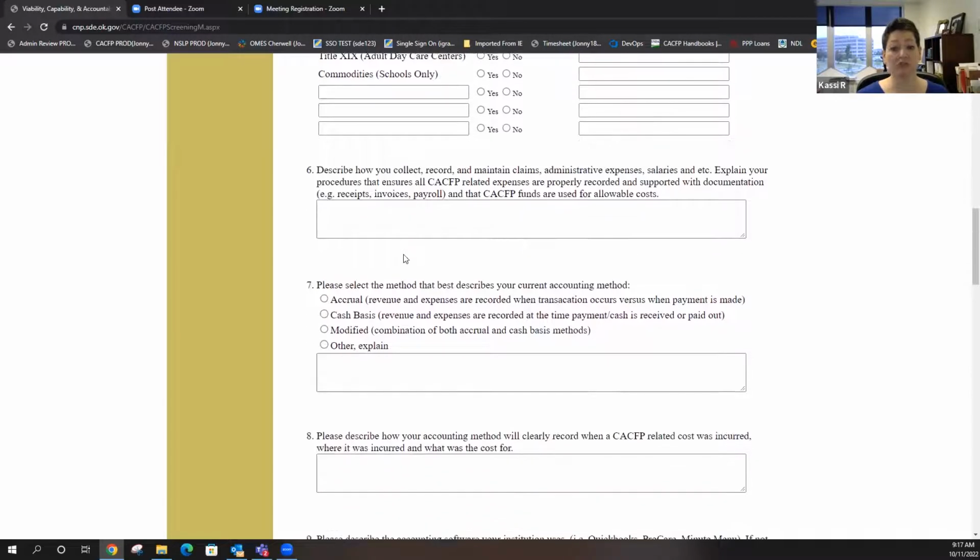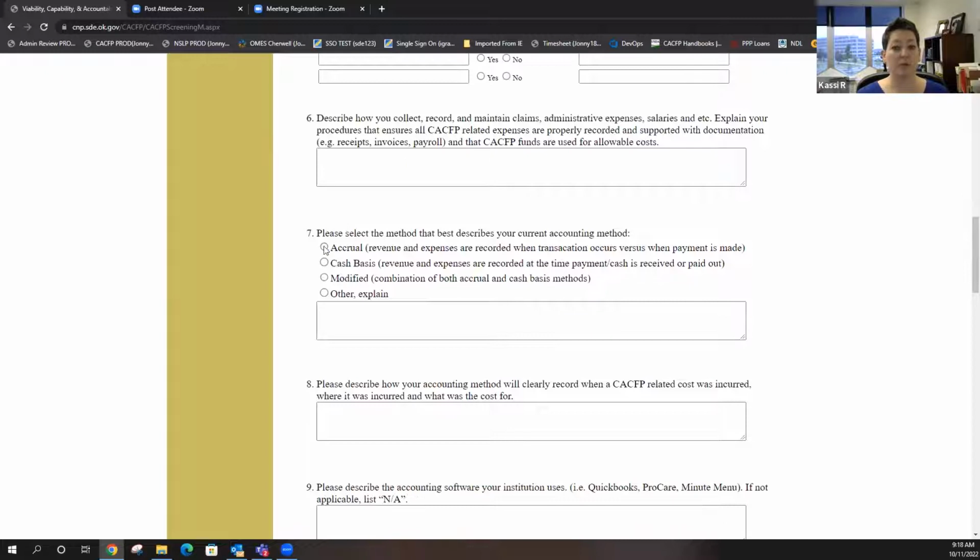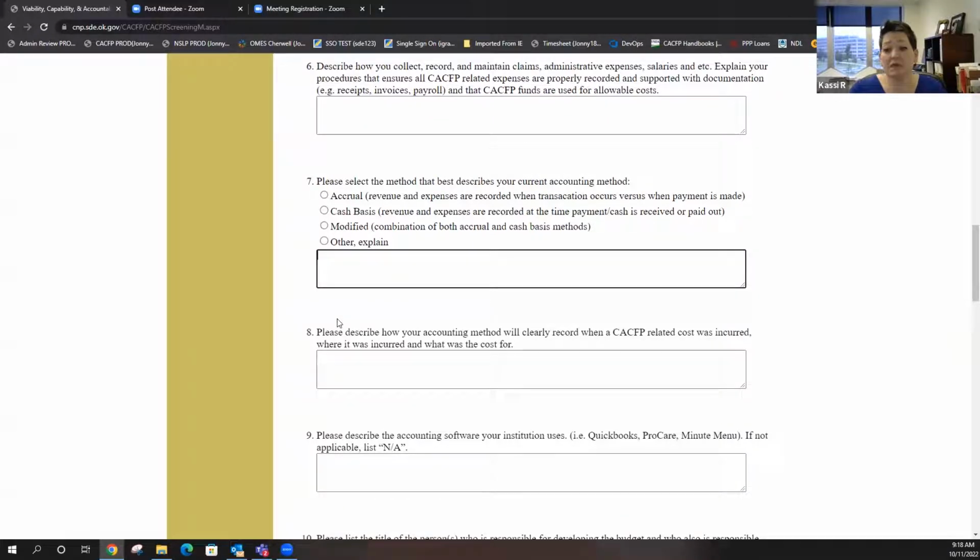But what I need you to do is go through each of these questions because we tweaked a couple of them. For example, number 7. We added these multiple choice options here because a lot of people were saying, I don't know what these types of accounting methods are, or I don't know what I do. And that's okay. We don't need you to have fancy names for anything you do. We just need you to understand what's required. Tell us what your procedures are. And if you don't know a name for it, that's fine. We don't care. Just tell us what you do. How are you keeping up with your finances and what is your accounting method? How do you record things? Explain it there. If you don't know what it's called, just put other. Because then when we come out and do a review, we're just going to make sure that's what you're really doing.